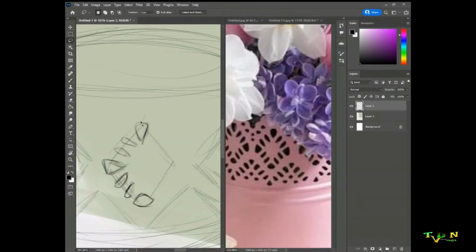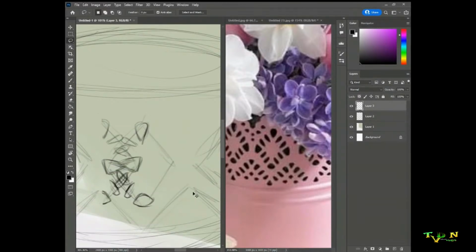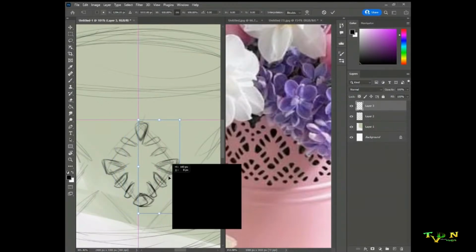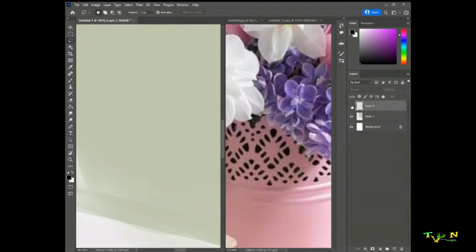Alright, now that we've done that, all we're going to do is cut this in half, Control C, Control V, then we'll go to Edit, we go to Transform, and we're going to go to Flip Horizontally because it's a new layer. Then we're going to do Control T and move it back into place right over there. There you go. Now you've done the pattern, easy and simple. Now I'm going to Control E and merge it with the same layer, so when I take it off, it's